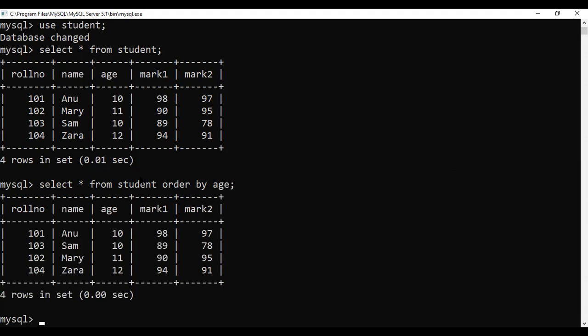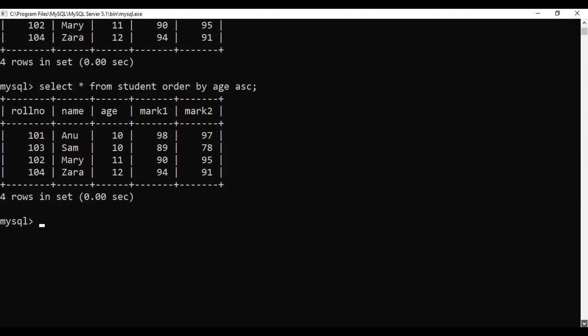You can see the records are displayed in the ascending order of age. Here you can also use the keyword ASC, which denotes ascending order. It will result in the same answer. You can see over here.